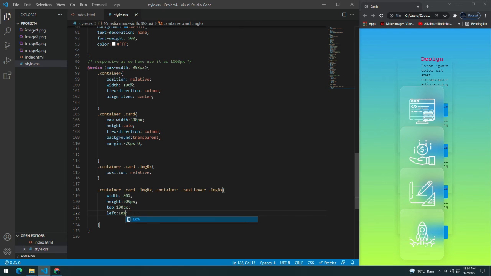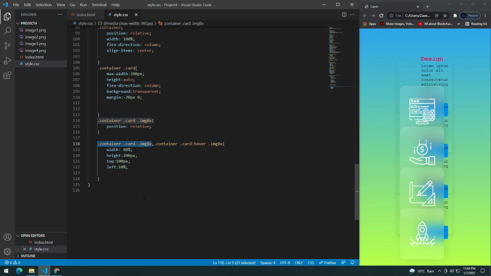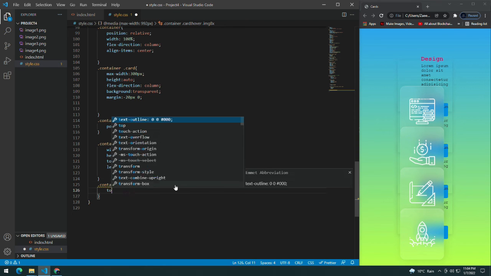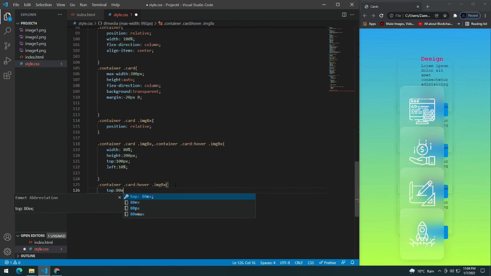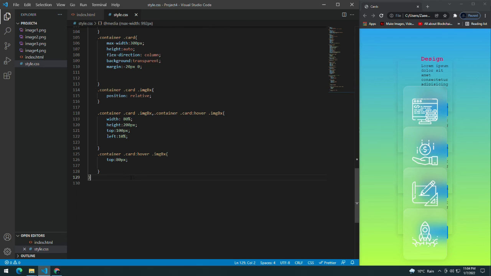Let's give it 10% instead of 10 pixels. Okay, now let's copy this, paste it, and also give the card a hover effect. So when we put the cursor on the card, what should happen? Now give it a top of 80 pixels. You can see how it's already moving vertically. And I will copy the entire thing. I will paste it and